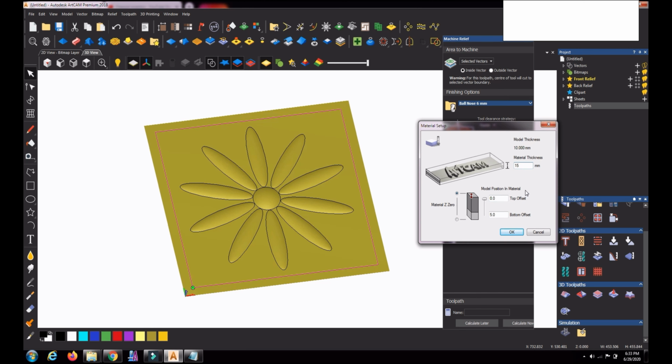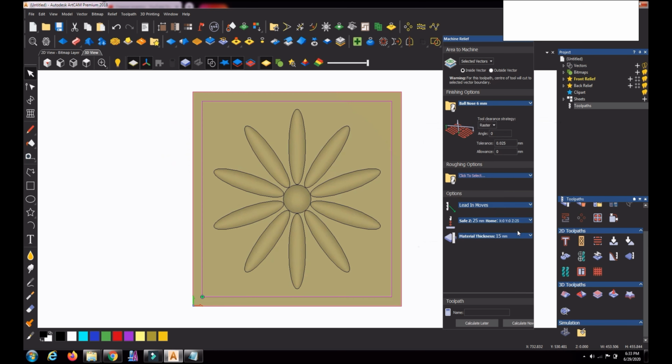So this is the thing, you just keep it at default. You have to give the 15 mm value here, that is the raw material thickness you are giving. Then give OK. So the minimum required parameters I have already given. Don't bother about so many things displayed here. They are all very simple things. I will explain them next time, because this time you just learn how to create a 3D toolpath.